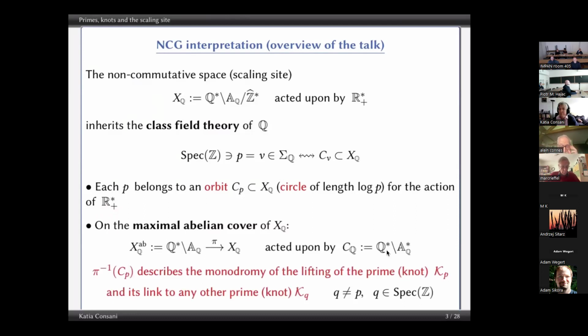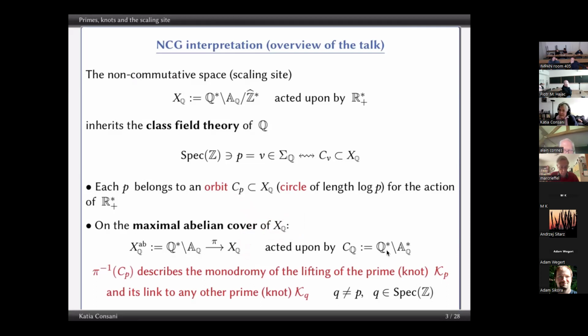And moreover, now the scaling site has the Adele class space as a covering. And we propose this covering, the Adele class space itself, as it's the maximal abelian cover of the scaling site, which is obviously acted on by the Adele class group. And when one takes this orbit CP inside the arithmetic site and pulls it back in the maximal abelian cover,